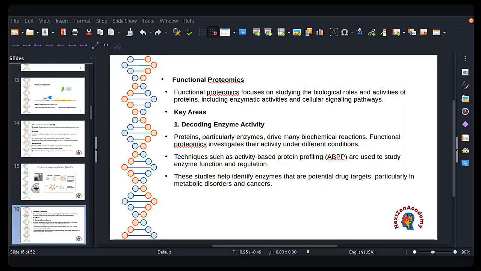So key areas: decoding enzyme activity. Techniques such as activity-based protein profiling we can do. These are used to study enzyme function and regulation. Okay, these studies help identify enzymes that are potential drug targets, particularly in metabolic disorders and cancers. Enzymes के cases में you guys must have heard about the lock and key hypothesis, जिस चीज पे enzyme काम करते हैं, right? So functional proteomics में हम enzyme की activities पढ़ते हैं and